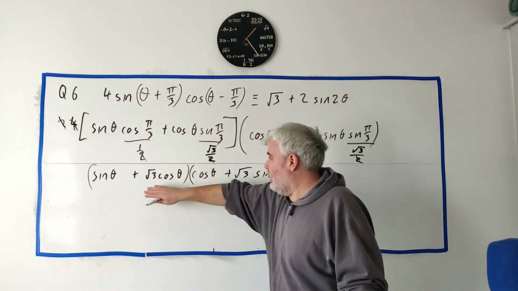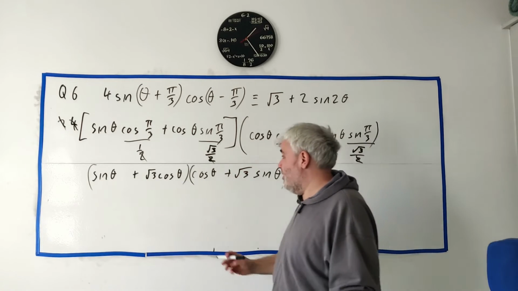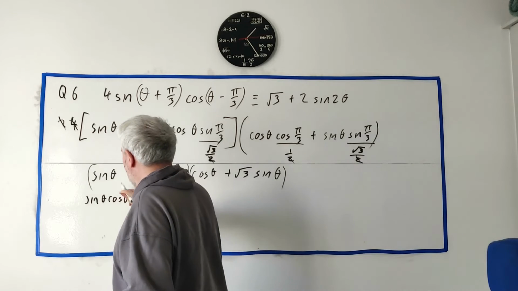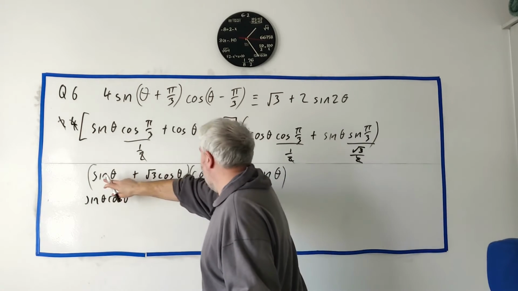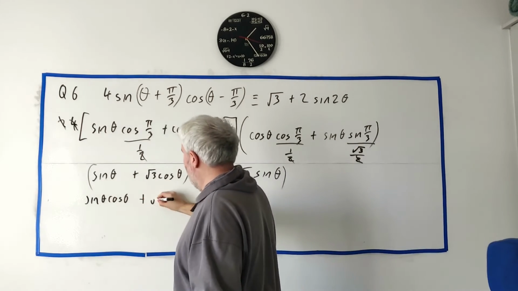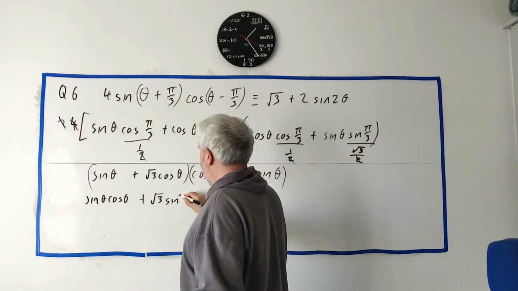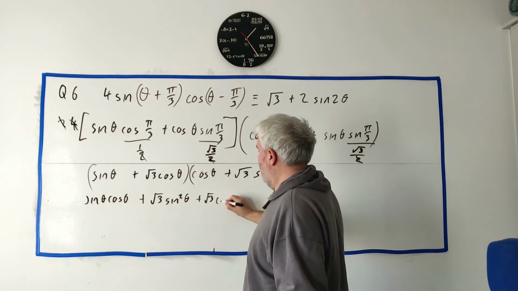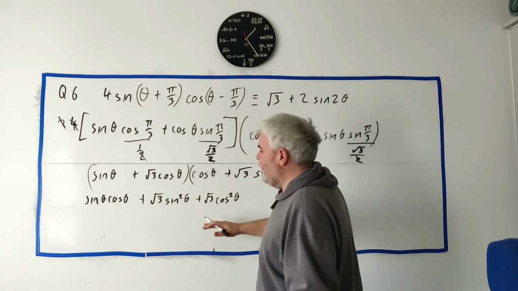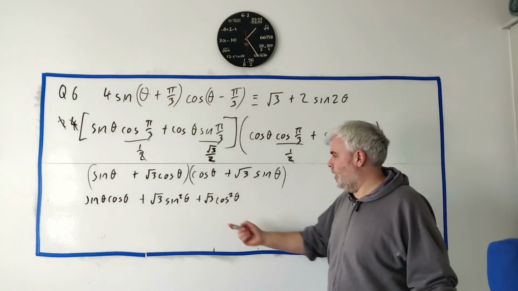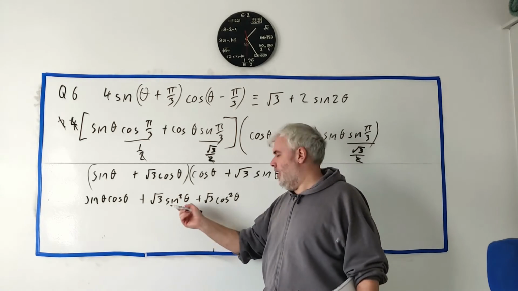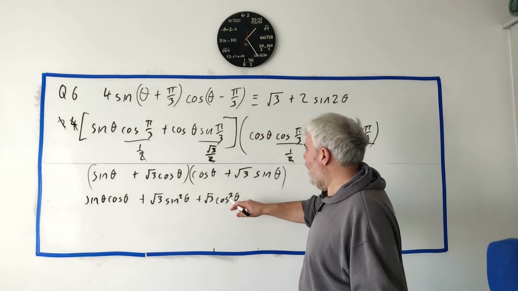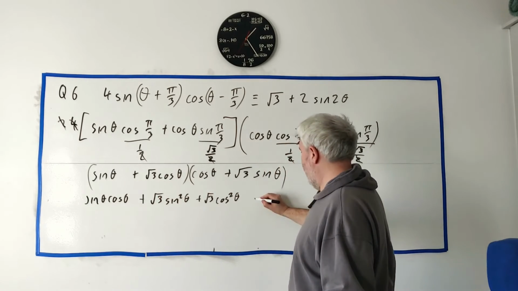Anyway, what have we got here? We've got 2 brackets. Let's multiply them together and see what happens. We'll have sine theta cosine theta, this guy by this guy. The sines, let's multiply them together: square root of 3 sine squared theta. The cosines together: square root of 3 cosine squared theta. This will be my first clue I'm going right, because these are going to sort of cancel. Cosine squared plus sine squared is 1. And then finally the square root of 3's together, they get